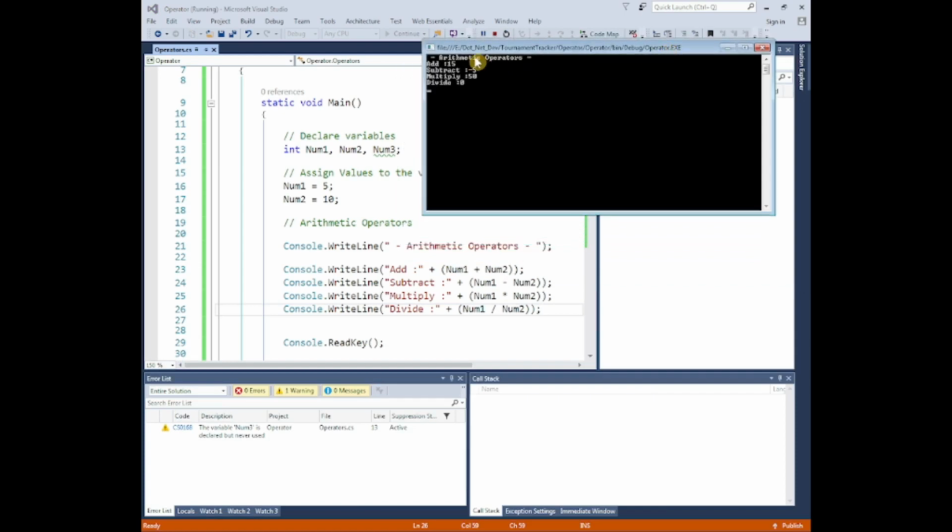Okay, so that's the output. When we add 10 and 5, we get 15. When we take 10 away from 5, we get -5. When we multiply 5 and 10, we get 50. And then when we divide,